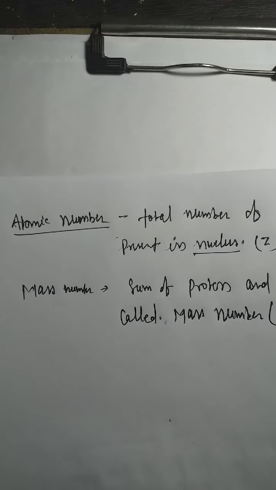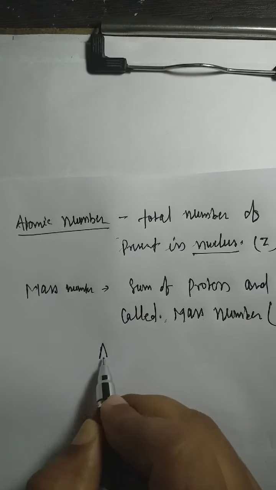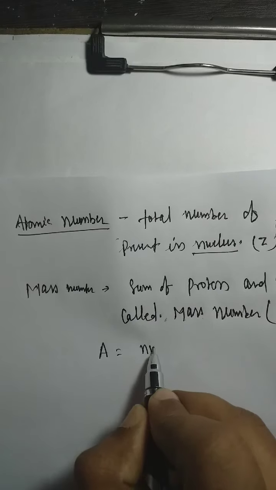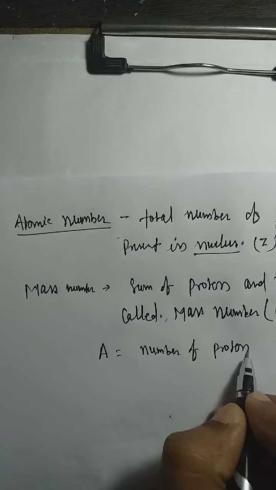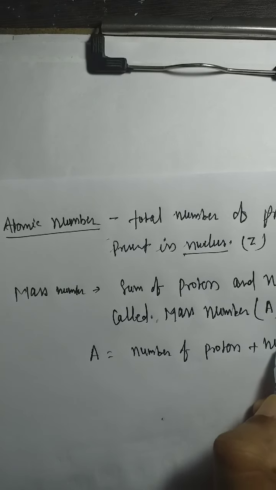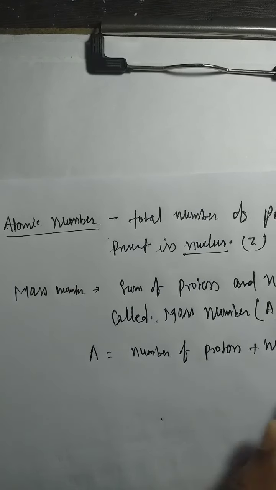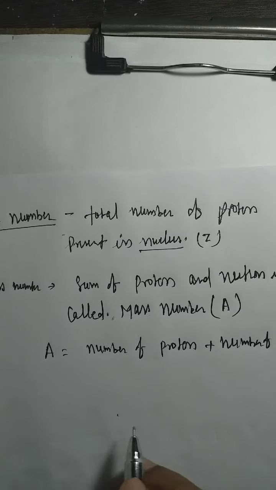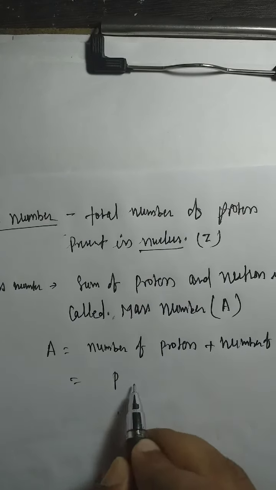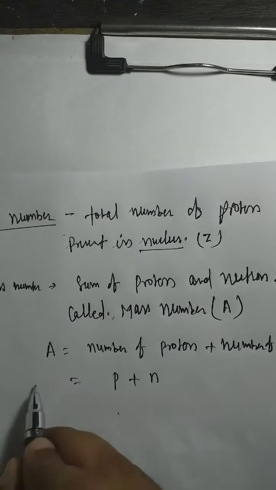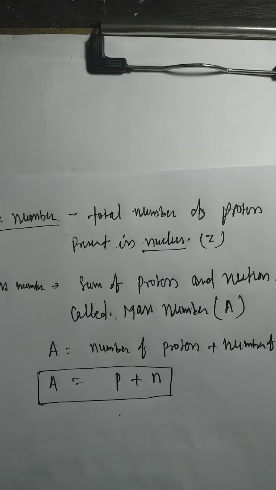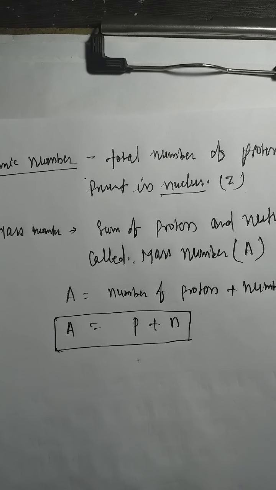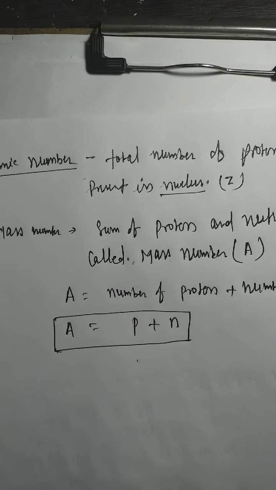So we may write the formula here: A is equal to the number of protons plus the number of neutrons, or we may write proton plus neutron is equal to A, the atomic mass of an atom. So this formula is very important for finding the number of electrons, protons and neutrons contained